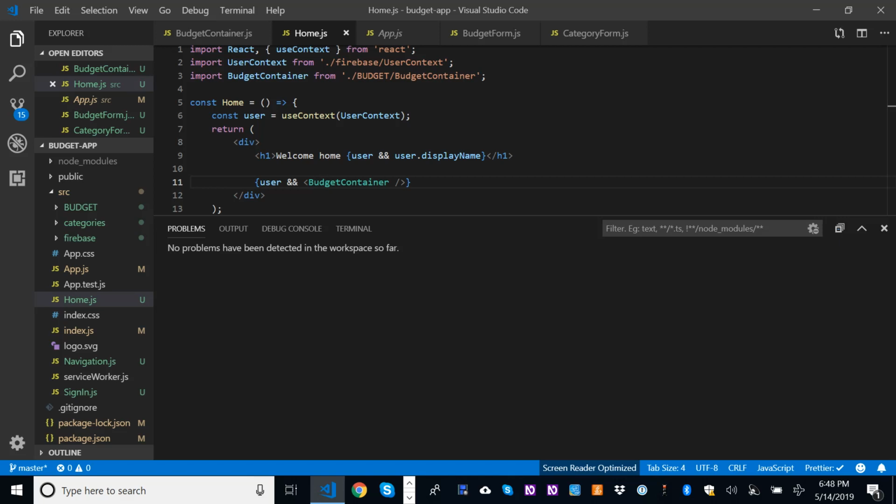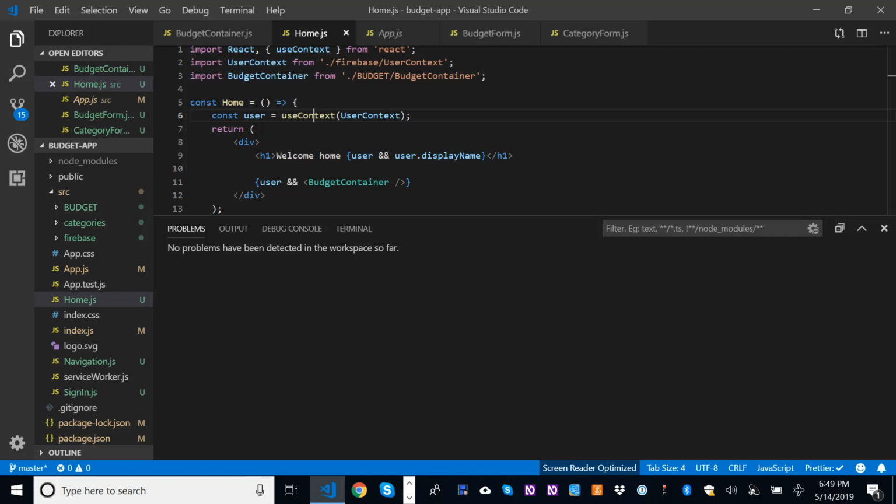It says if the user is authenticated, because I have user declared as const user equals useContext, the user context. So then in the return, it's saying if the user is authenticated, then we show the budget container. And I chose to use the container component because